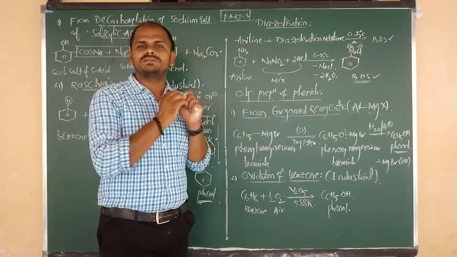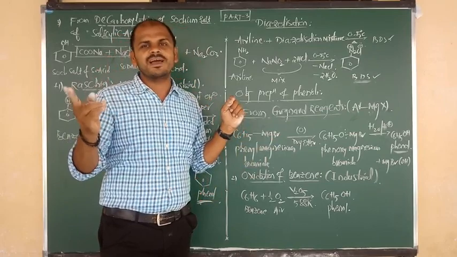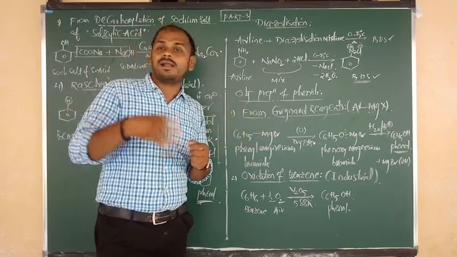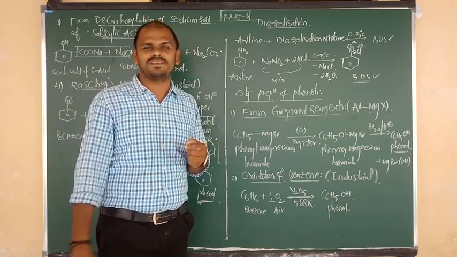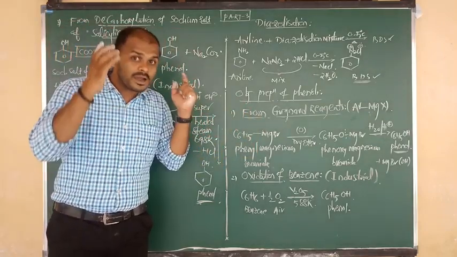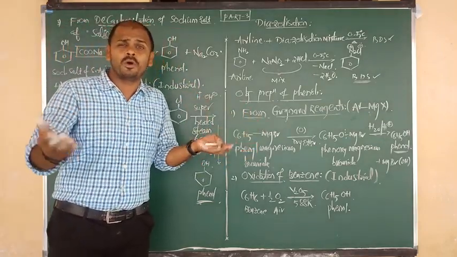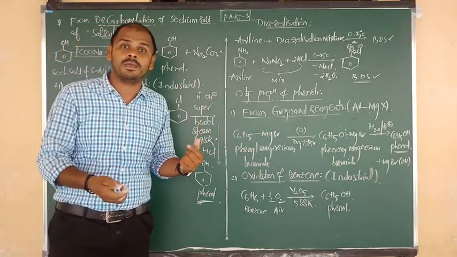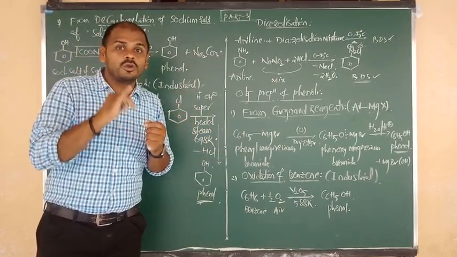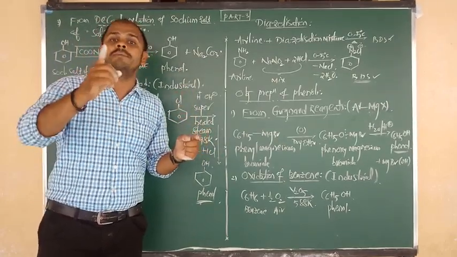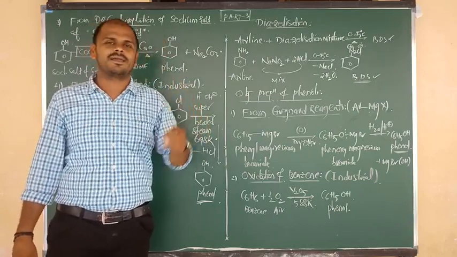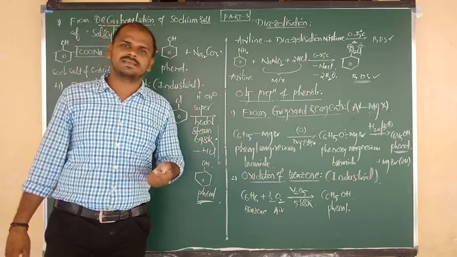So up to now, preparations of phenols are completed. In the next class, we are going to discuss the physical properties of phenols, and also I am going to start the chemical properties. Okay, I hope you understand. Try to practice. So many new reactions and so many named reactions are there. Cumene, Dow's, Raschig, different names are coming and somewhat lengthy reactions are there. So try to practice, then only you will get the answer. Cumene and Dow's are evergreen and highly important topics for the theory exam. Don't neglect them. So next class we will discuss physical properties.